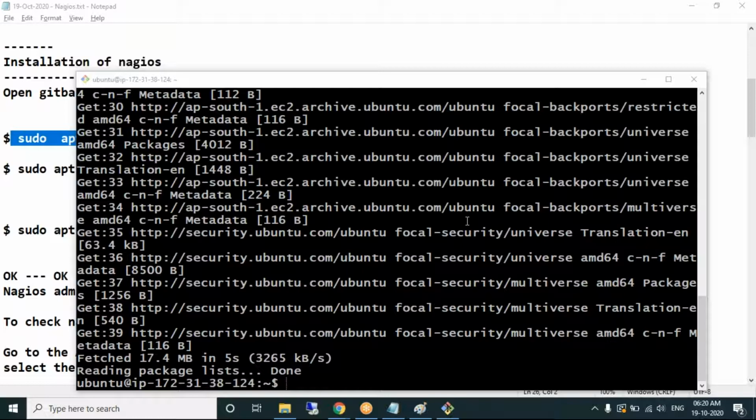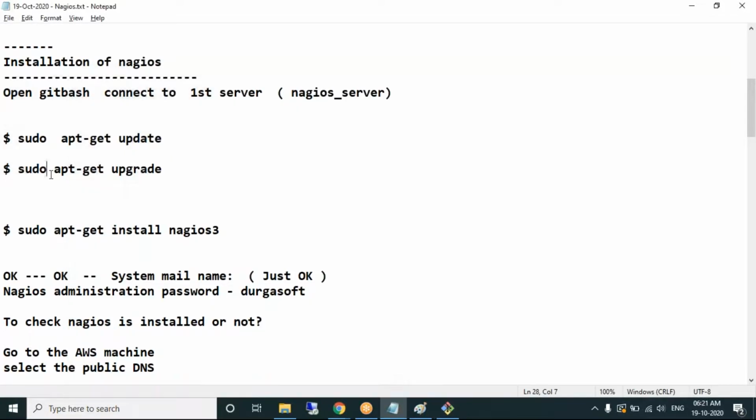And you also use update cache equal to yes or no. No, you're talking about something else; this is with respect to the APT repository.